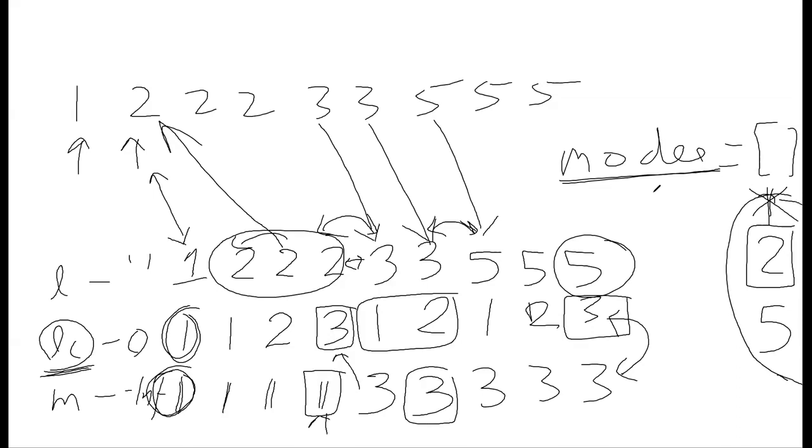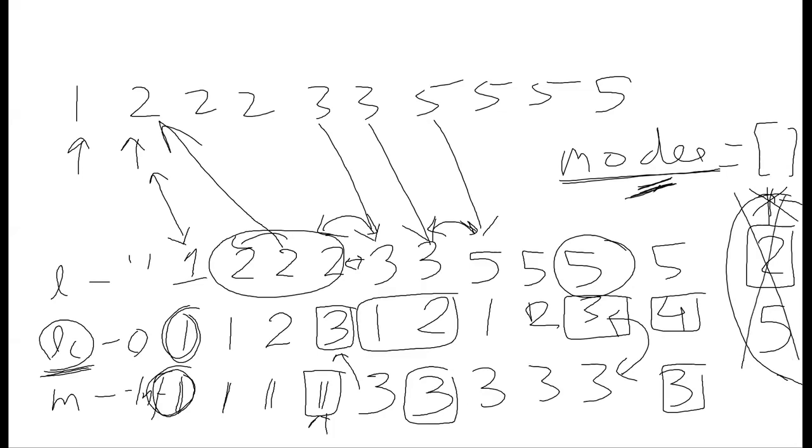So what if you have 5 with a frequency of 4? Okay, 5, 5, 5. You're saying 5, right? Yeah. So you'll have a 5 again here, which will increment to 4, and this will be 3, right? Now at the end, you will check your last count is 4, your max is 3. So that means anything which you have put into modes is now not valid. So discard everything and set it to 5.